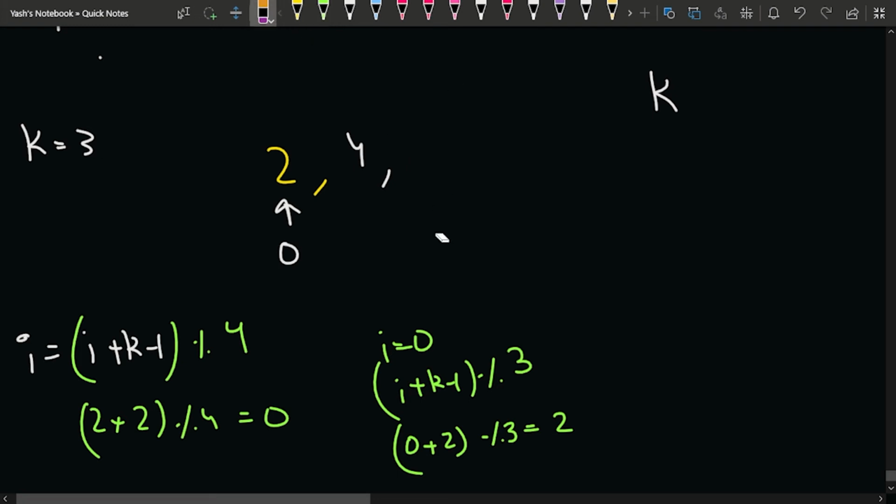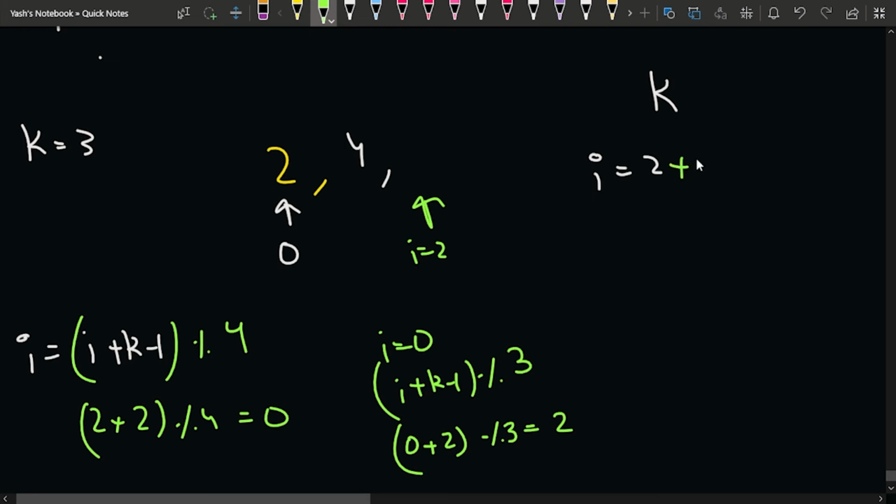Once I kill this, what will happen? Now in this case I can see that my I is actually standing at 2. Okay, I is standing here. Okay, I is equal to 2. Now I is standing here. Now what I want to do is, I want to kill again the k minus 1th person, right? According to 0 based indexing, because that is 0 based. So I want to kill every kth person. So starting from I, I want to kill the k minus 1th person, correct? Because I want to count like that.